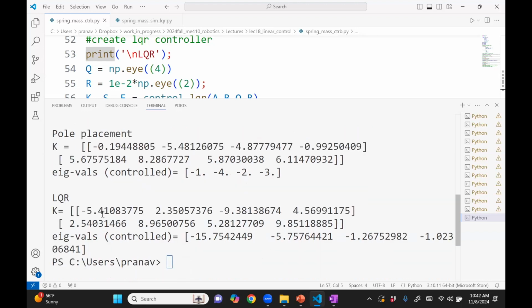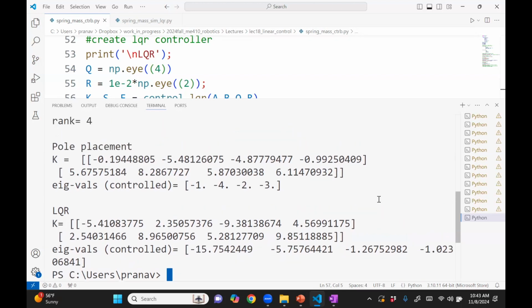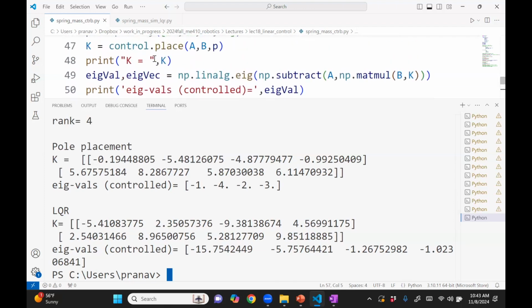That was the closed loop gain. LQR, you do the same thing, which is a different way using Q and R. It also gives you the eigenvalues of the closed loop control system. You can see the eigenvalue is actually -15. That's very, very good because it's further away on the real part of the x-axis. The more negative it is, the faster it will go to 0. -5, -1, -1. Now maybe you're not happy with this. It's -1. Maybe it should have been a bit more to the left. In that case, the only way you can do this with LQR is to tune this Q and R. That's the control here. You cannot directly place the poles, but the other one, pole placement, will put the poles where you want. Okay,